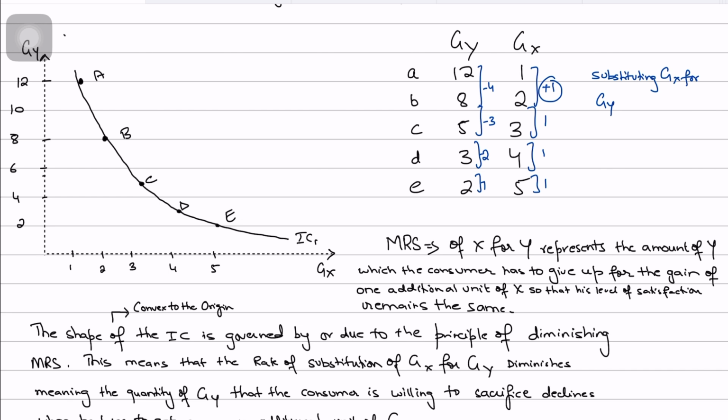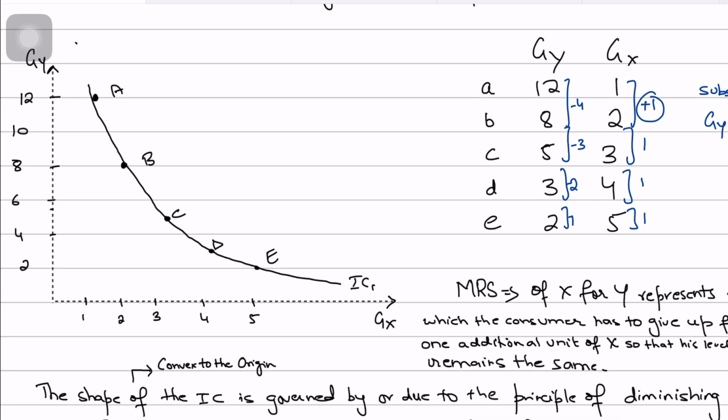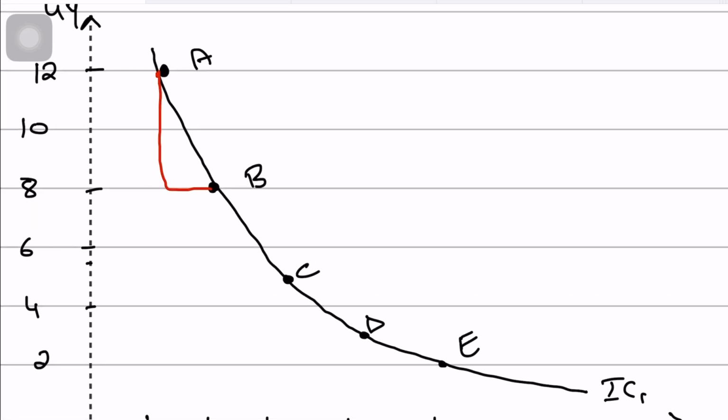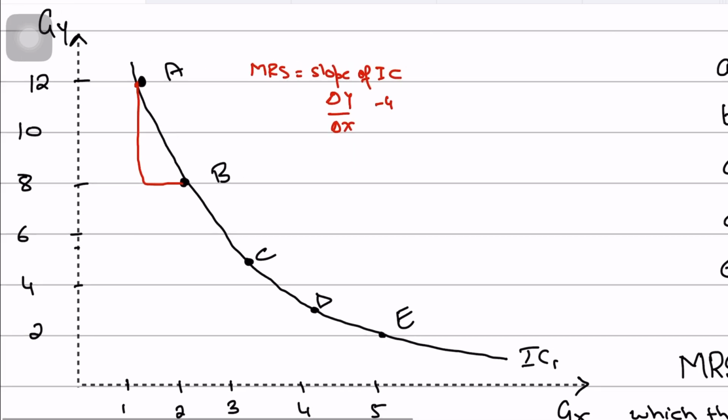So for example, what this means is that if we see the consumer moves from A to B, right? How much is he giving up for each additional x from A to B? So for one more unit of x, he gives up how much? He gives up 4. So technically, the marginal rate of substitution then actually becomes the slope of the indifference curve. And the slope of a curve is basically change in y over change in x. So change in y would represent the 4 units of y foregone divided by change in x, which is one more unit of x that the consumer